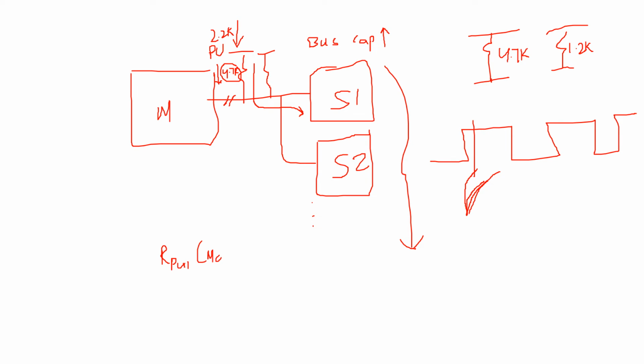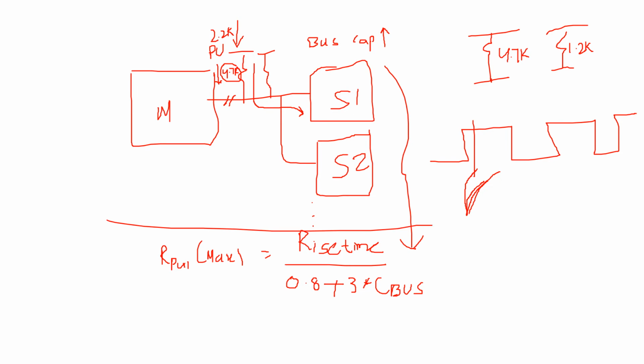the maximum value is determined by the rise time required. In the rise time we have mentioned 300 nanoseconds previously, which is 0.3 microseconds. That's where it comes from, divided by 0.8473 times the total bus capacitance. So this is how you derive the pull-up resistance. Now you can see here, as you increase the bus capacitance for a fixed rise time, the pull-up resistance must be reduced. So that means you need more sourcing.